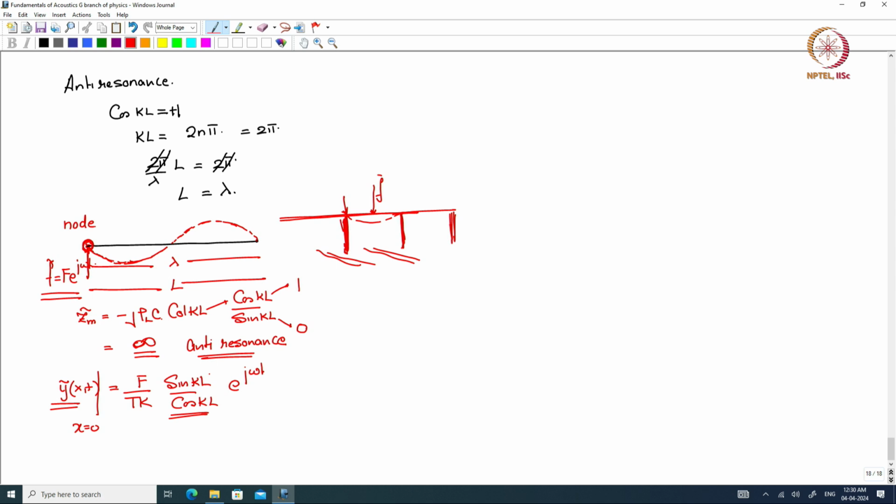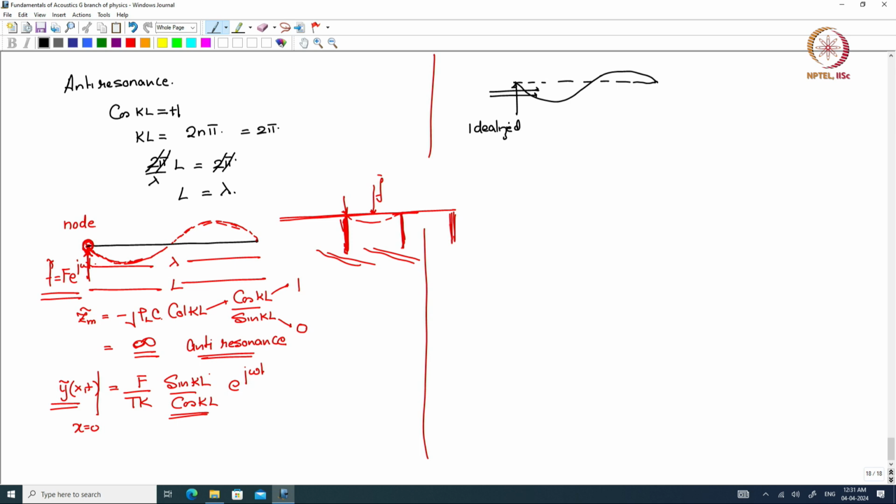Then how do we understand this? Okay. How do we understand this? That you can't drive it, okay, and you are having a response also at other points of the string. There seems to be a contradiction, right. I am sitting at a 0 point of a string such that the string will not accept any forcing, but the string has a displacement. How must the energy have gone in, right, for the string to actually, well, we are looking at an idealized situation,